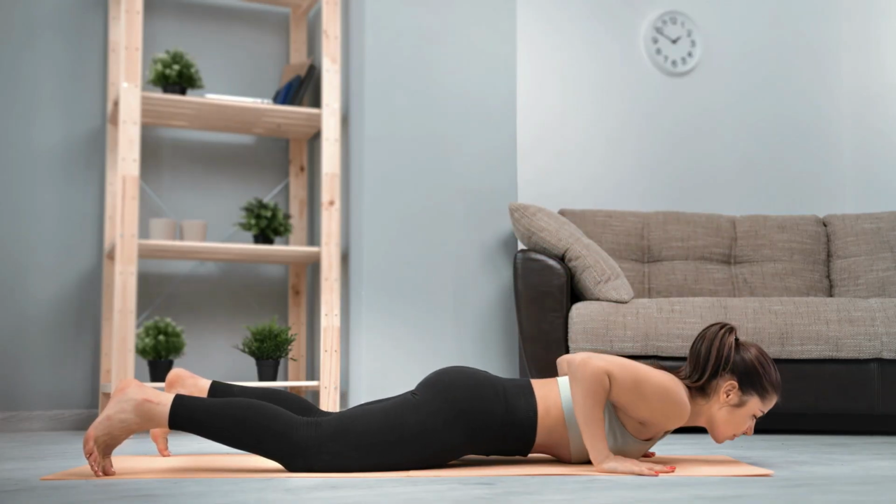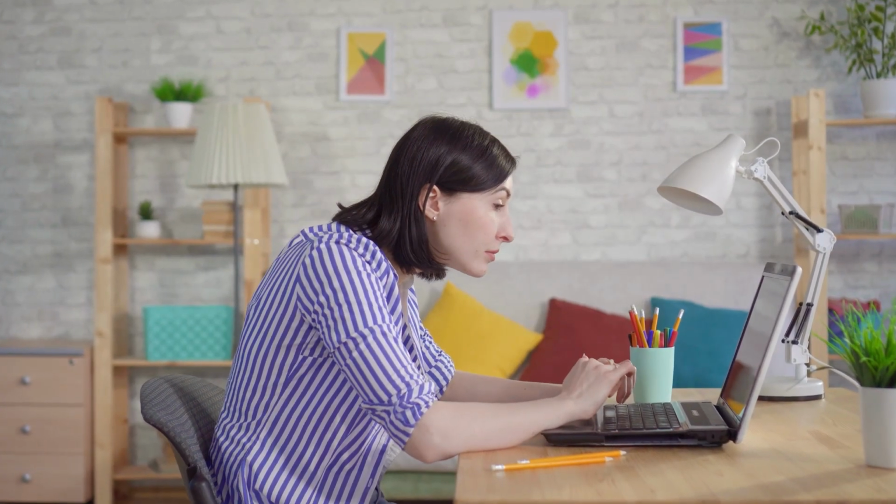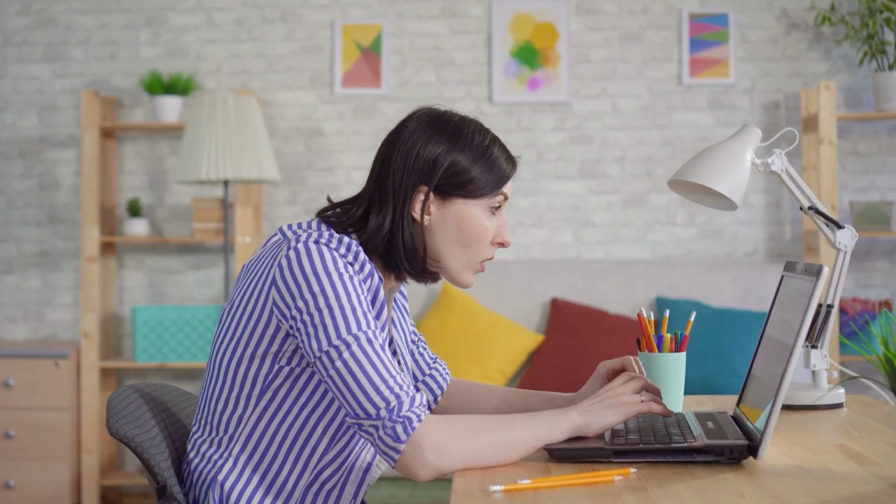Physical activity is crucial to maintaining a healthy circulatory system. If you lead a sedentary life and hardly move around, it can slow down the blood flow, leading to potential problems. Moreover, improper posture can also be a sneaky culprit. Slouching or sitting in awkward positions for extended periods can put pressure on blood vessels, hindering the flow and causing